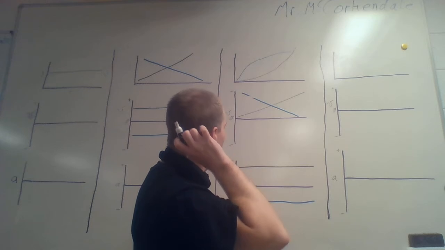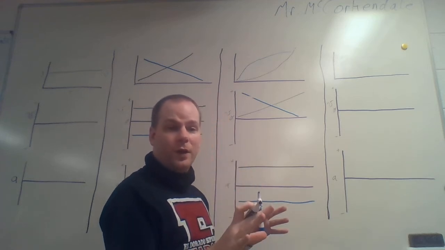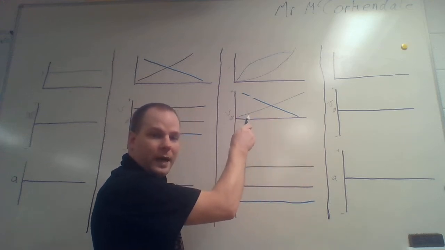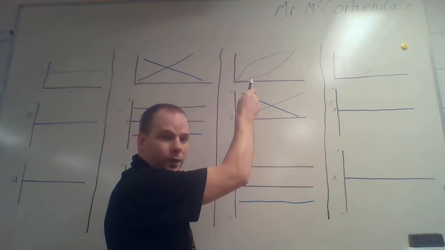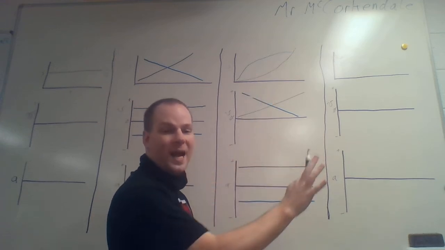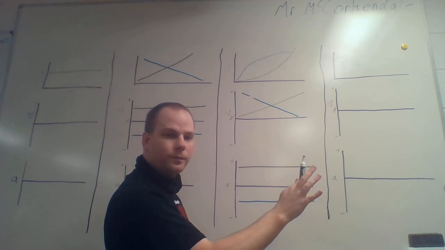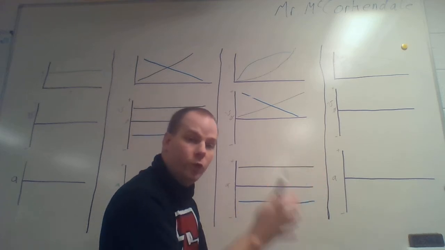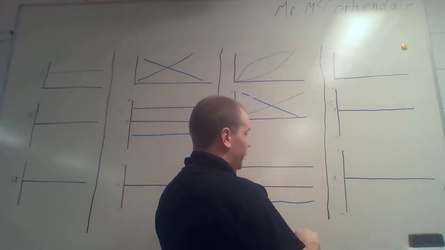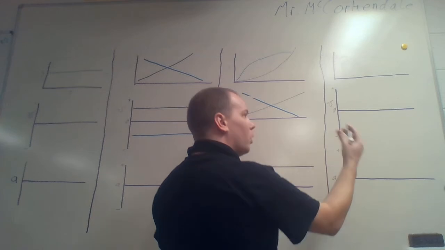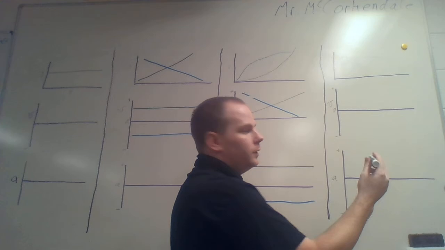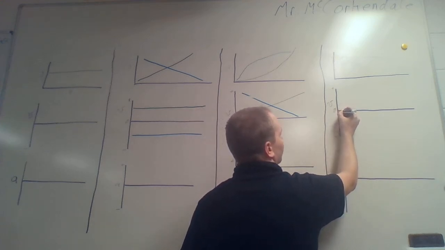Now, what if we change the velocity so that now the velocity is negative? Both of these graphs, the blue and the black for all three of these, are assuming motion away from the detector. So what if we change it to toward the detector? So let's say that we are moving toward the detector, but speeding up. So toward the detector speeding up